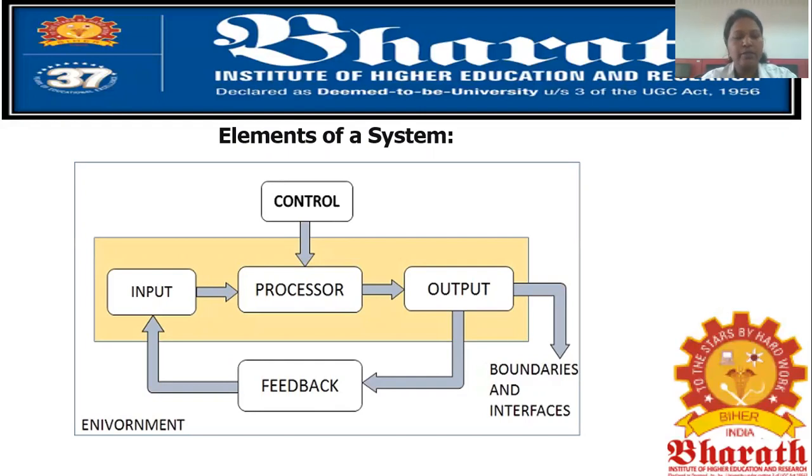So what are boundaries and interfaces? You are doing some project. There must be certain boundaries: only this much can be done from our side. If anything is updated or needed or required by the user side or the client side, it has to be updated. So for that, proper interaction has to be done between the client side and the company side. So that comes under here. And if there is any requirement asked or requested from the client side, that is given as feedback, and that is given as the input, and this input will be processed again and given as the output. So this is the basic system.